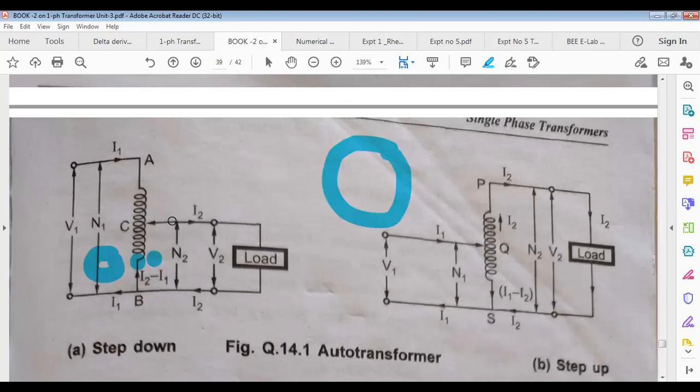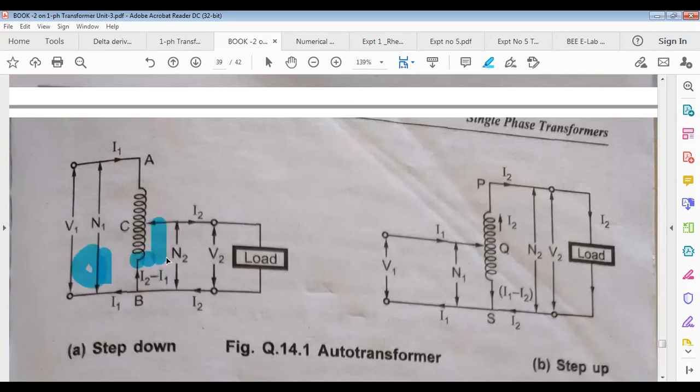Initially it is at off position. Off position means this variable point is at position O. Now as you go on moving this rotating knob from off position in clockwise direction, what you are doing is moving this variable point from O up to C. Like this, in this direction. From this O point, you go on moving the variable point from O up to C.